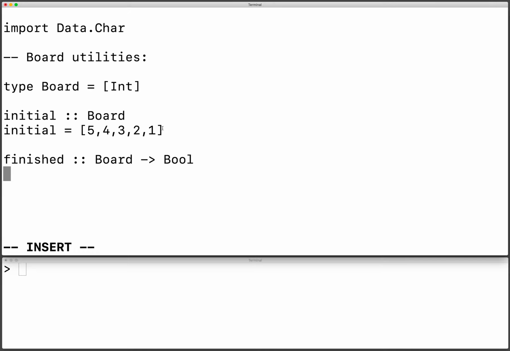So how could you check if all of the values in a list are actually 0? Well, there's a very useful library function we could use here. We could use the all function. And what all does is it takes a property, such as being equal to 0, and it takes a list of things, such as the board, and it just checks, are all of the things in that list, in this case, equal to 0. So again, all is a higher order function, because it's taking a property here,